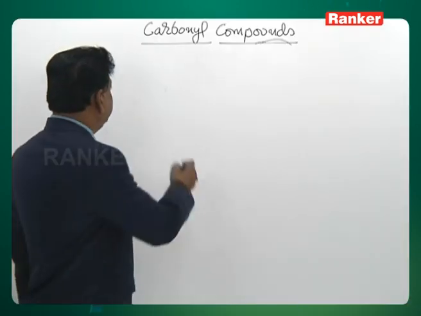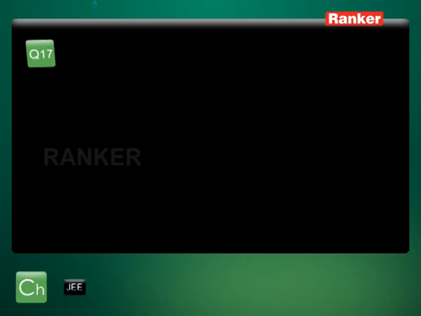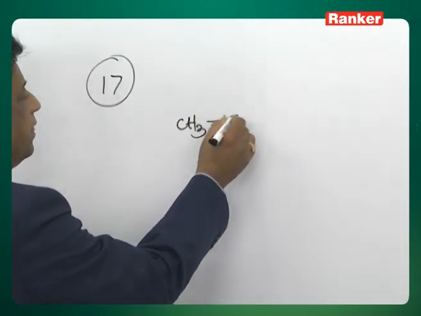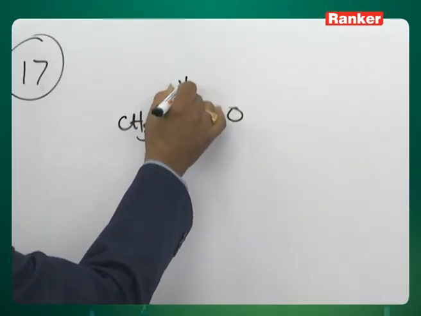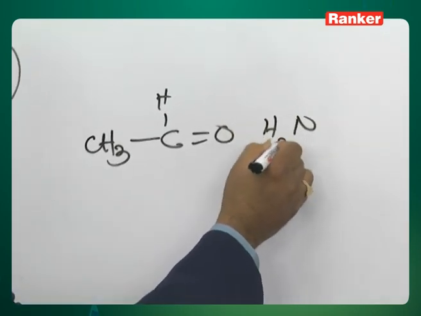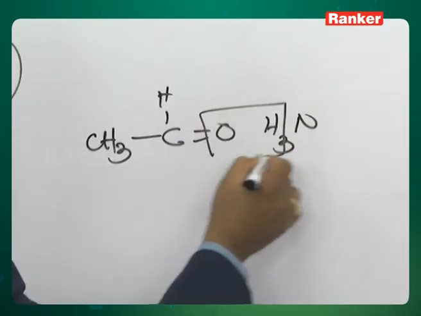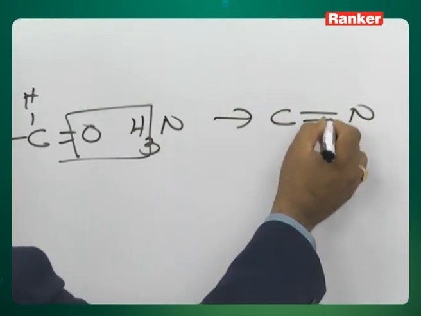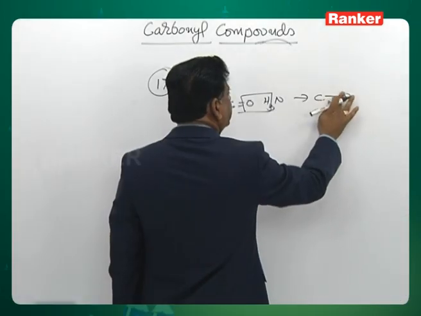So let's go for the 17th question. Acetaldehyde reacts with ammonia to give one of these products. Acetaldehyde will have a CH3 C double bond O, which condenses with the ammonia. So the two hydrogens and O will be eliminated, and you will get an aldimine. This aldimine undergoes a reaction with the